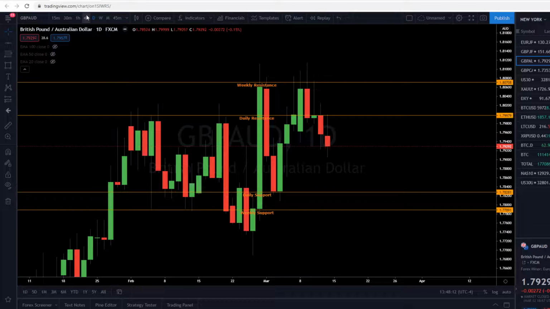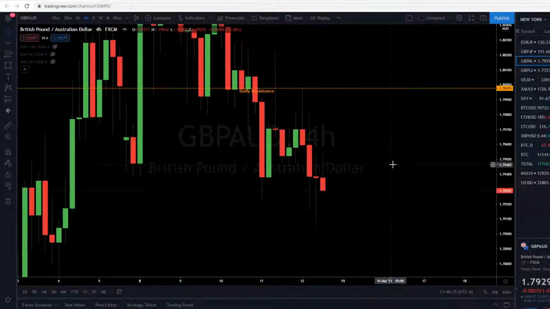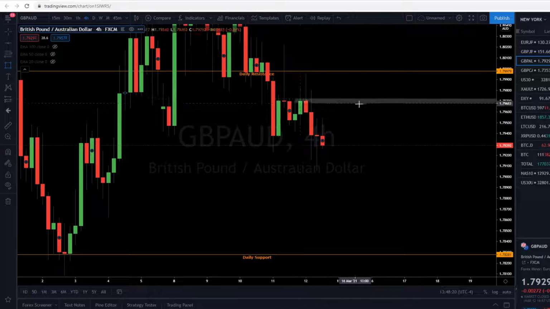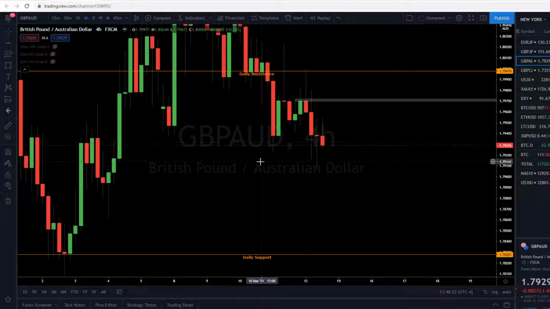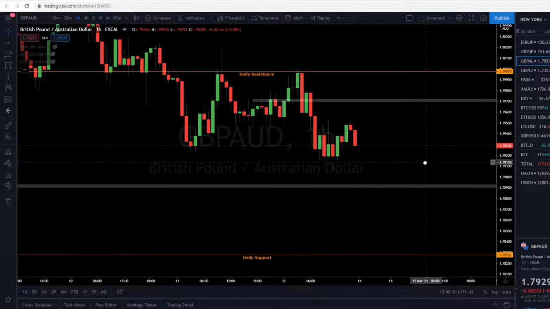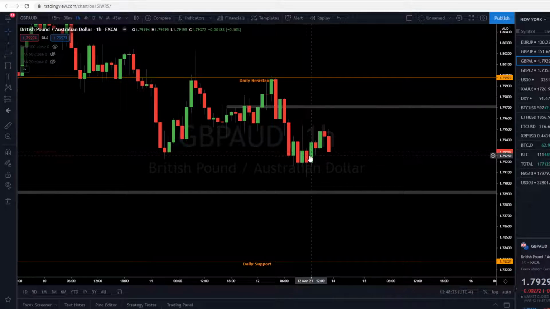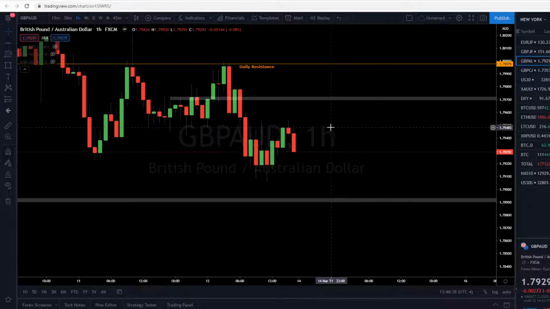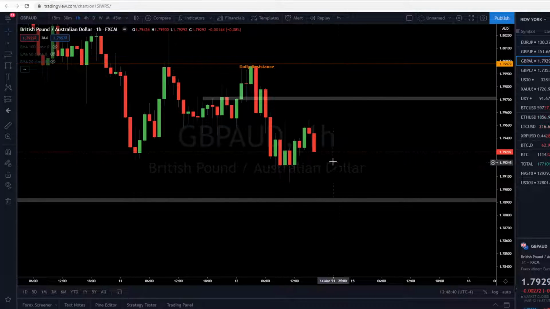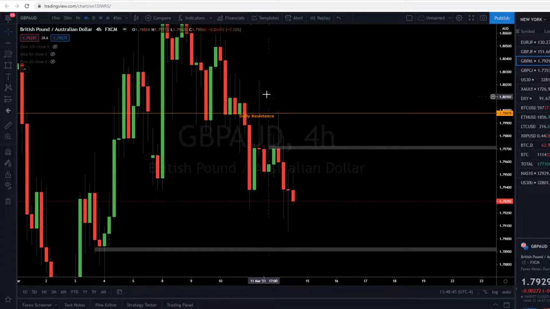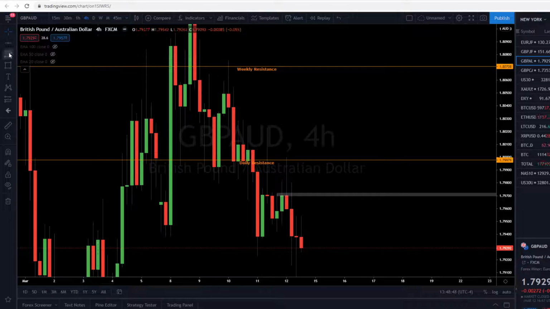Okay, coming down to the 4-hour now. On the 4-hour, we're trending downwards. We do have a resistance right here on the 4-hour time frame. Our next support for GBPAUD on the 4-hour is down here. So coming down to the 1-hour time frame, we're coming into this little area of previous consolidation. Now, I do think we can continue down here, and there's actually two reasons. One, if you go ahead and draw the